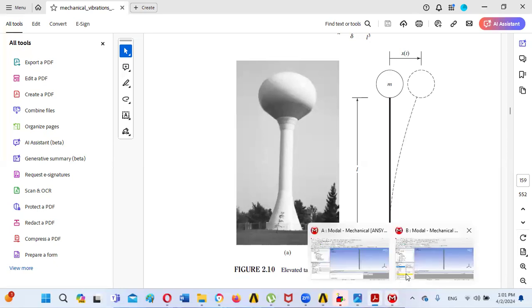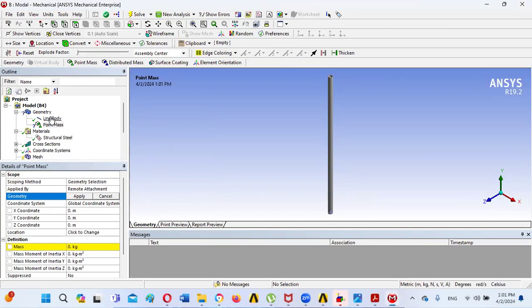So there are two ways to add this mass. One is that we can add two individual masses like this. For example, this is point mass for just the water tank plus water, which was